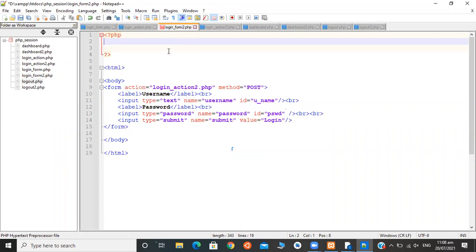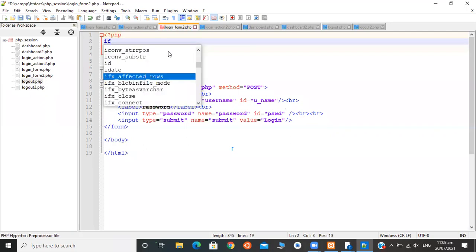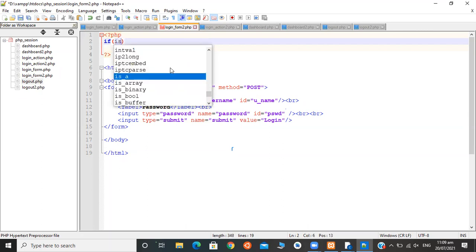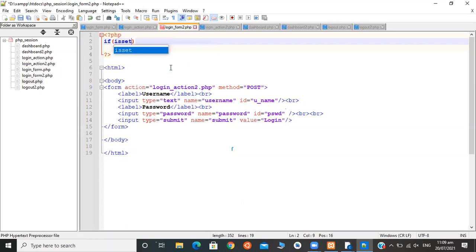So how can it be done? $_REQUEST. We need to check message.